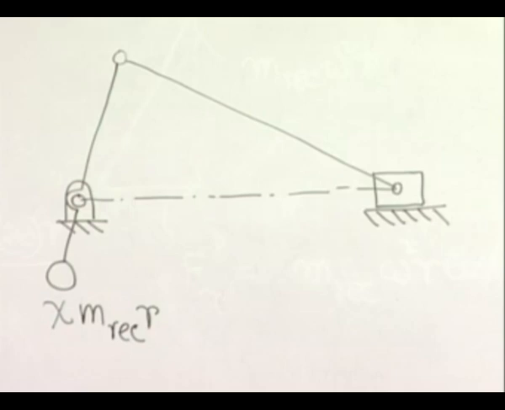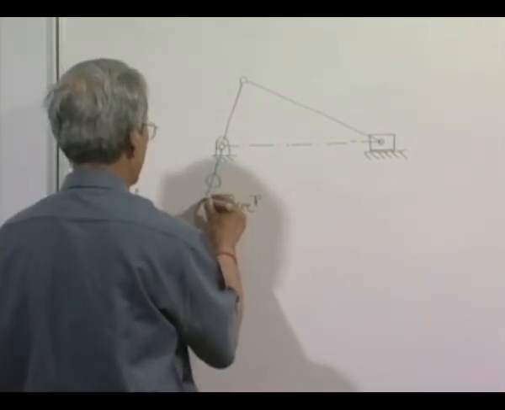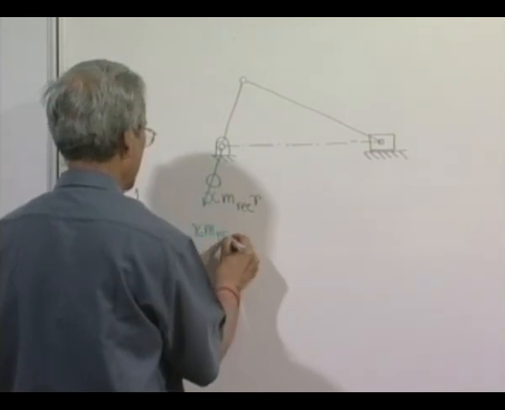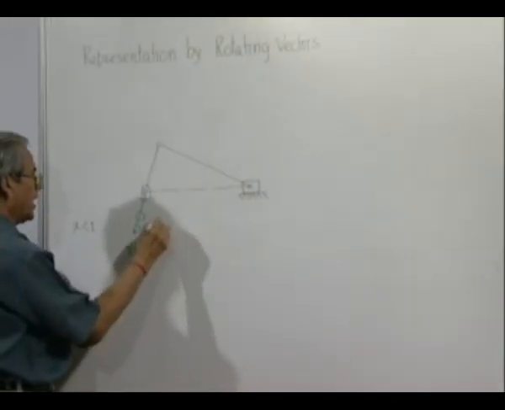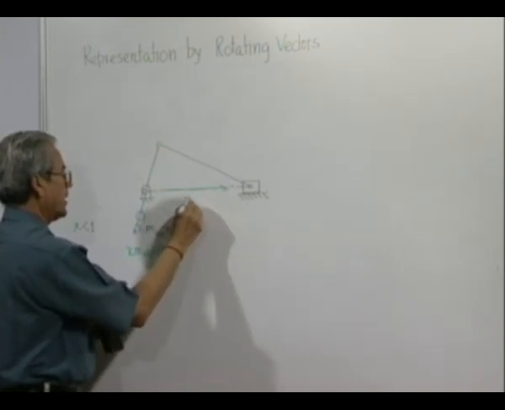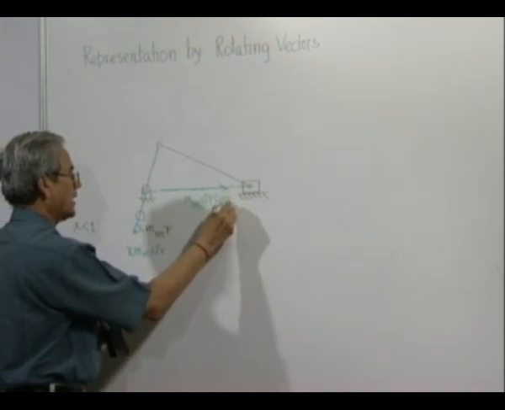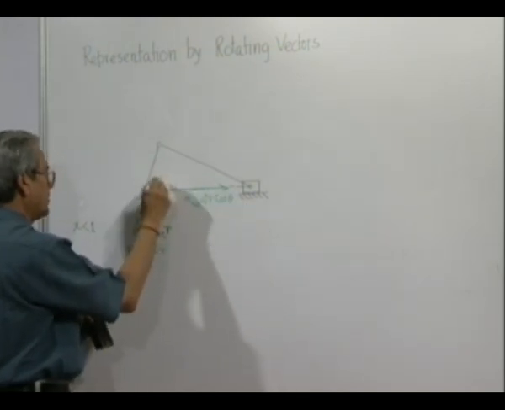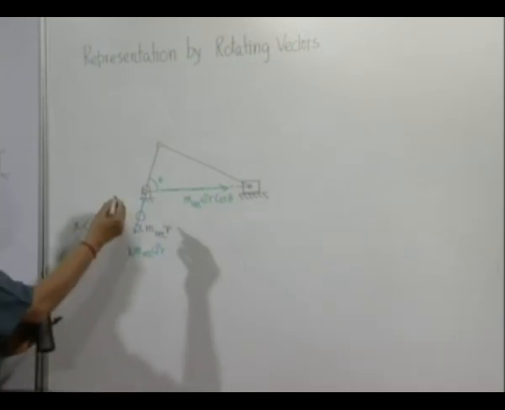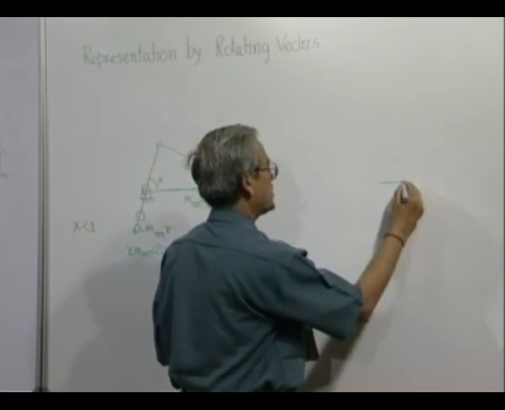So, what will happen here? This force that will be generated will be m reciprocating omega square r, and the unbalanced force in this direction is m reciprocating omega square r cosine theta, or omega t, cosine omega t. So then what happens? Finally, the system will have a smaller force in this direction,